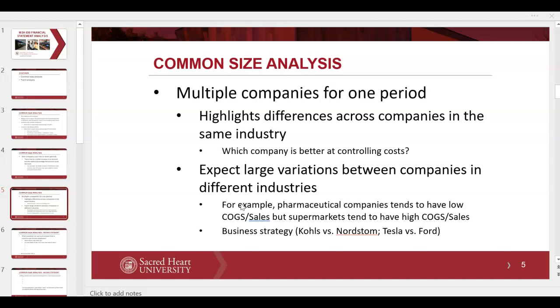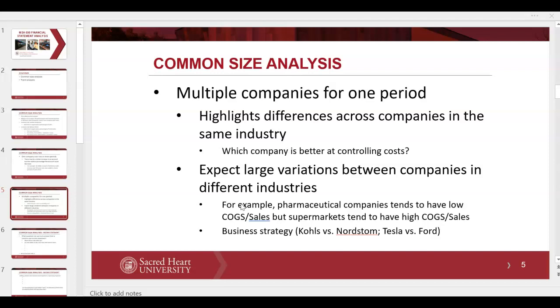But supermarkets tend to have very high cost of goods sold divided by sales, and the reason for that is pretty straightforward. So we can see a large difference based on business strategy. For example, Kohl's and Nordstrom might be in the same industry, but they have very different business strategies. So you should see cost of goods sold being a greater percentage of sales for Kohl's